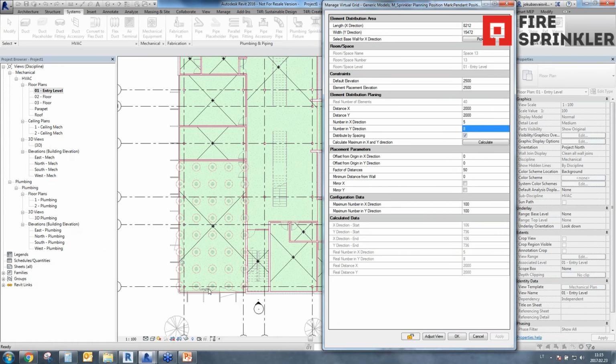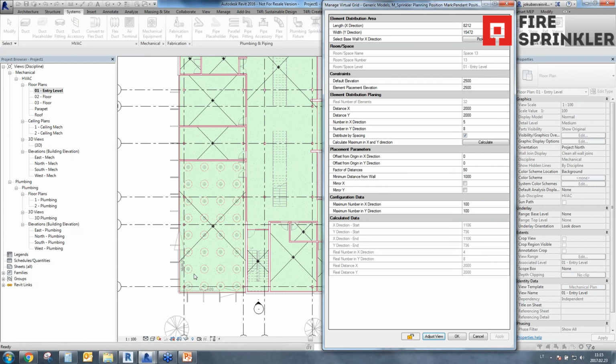As you can see here in our model, we have some clashes, not clashes, but our sprinklers are nearby the walls, and it's not a very good position for the sprinkler. So we have a special feature to set the minimum distance from wall. I will make it 1 meter, and I'll try to apply that. As you can see, the sprinklers just pop inside of the space, and you can be sure that we have all around 1 meter